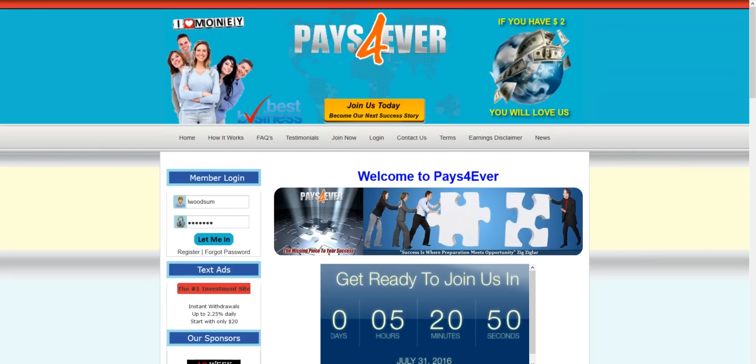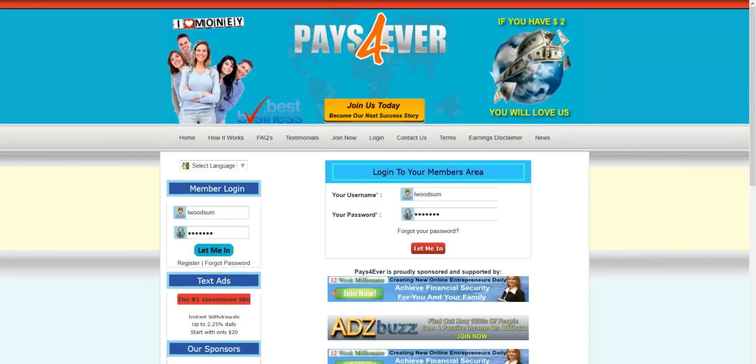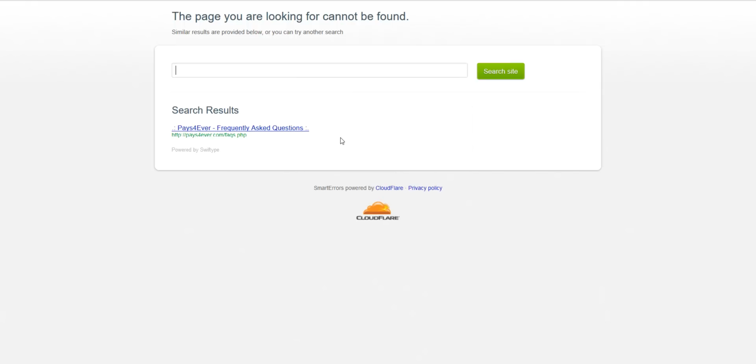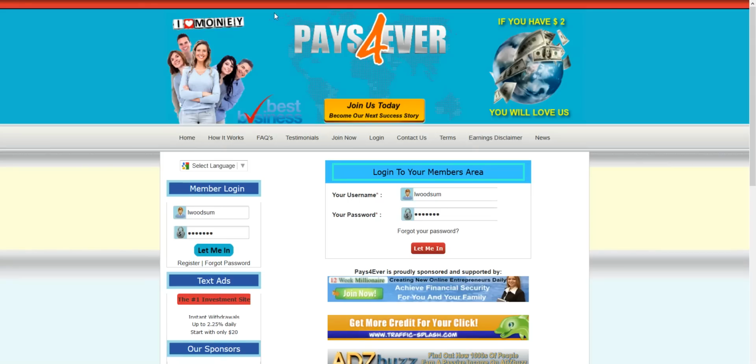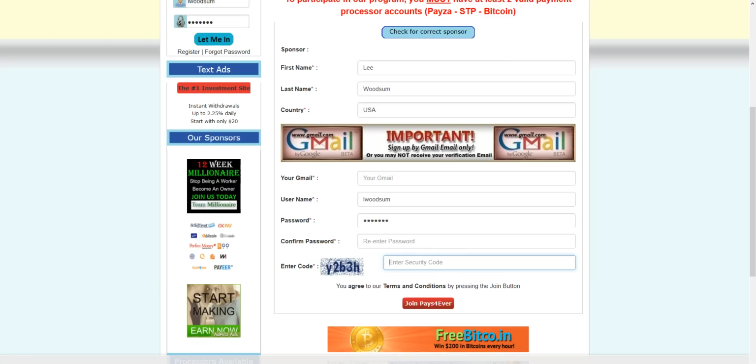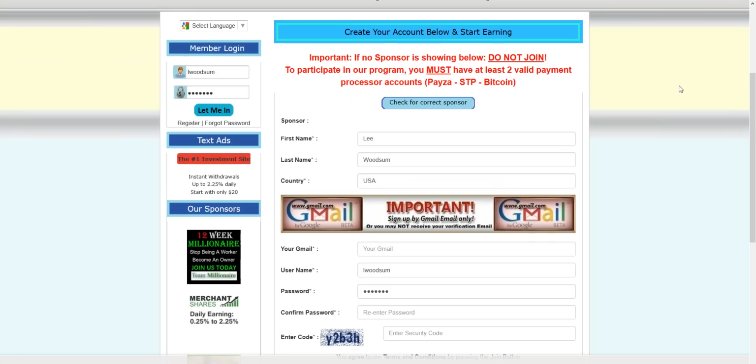So then, in order for the sign up process to begin, you have to click the Join Now button. Now, once you do that, if you try to do it now, this is what you see. Absolutely nothing, because that page has been disabled as of the moment, but when it's ready, you'll see something like this. Now, this is where you will see your sponsor's name,